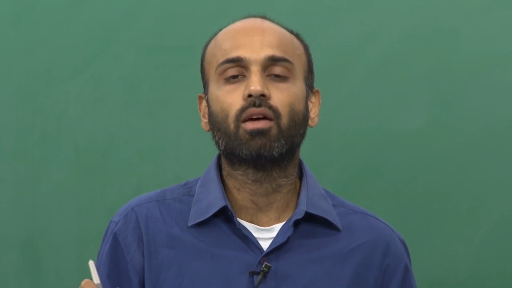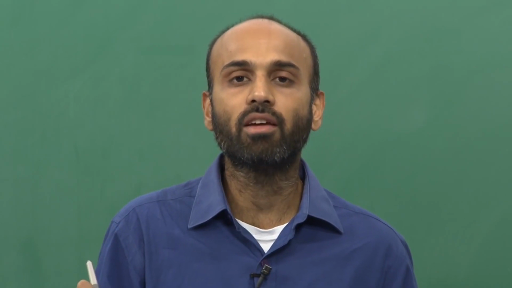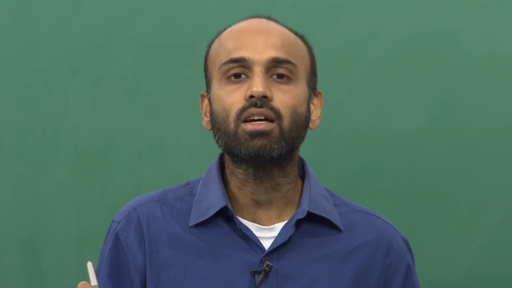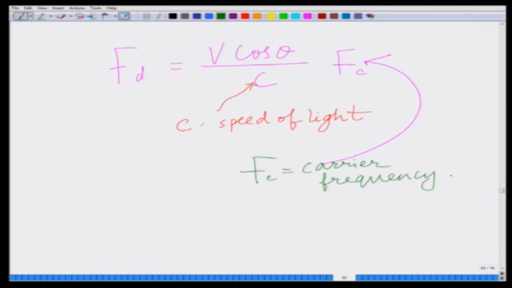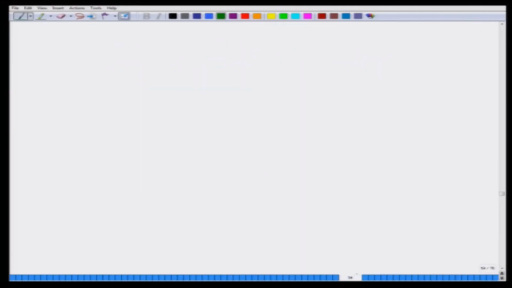Alright, so the Doppler shift Fd equals v cosine theta by c times Fc, where v is the velocity of the mobile, theta is the angle of the mobile with respect to the base station, c is the velocity of light or the velocity of the electromagnetic wave, and Fc is the carrier frequency. And now you can also observe from this expression that